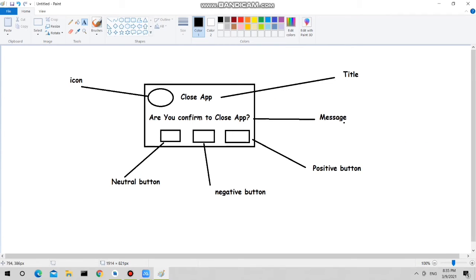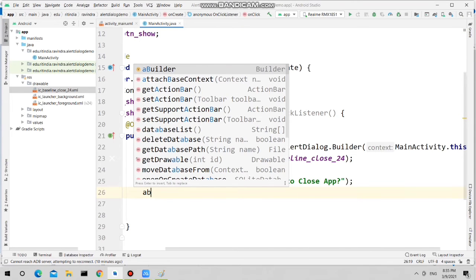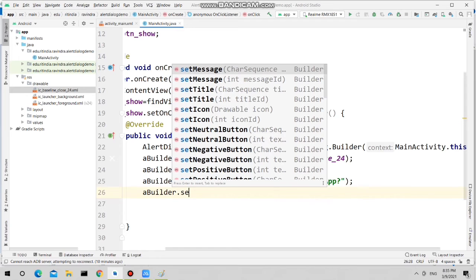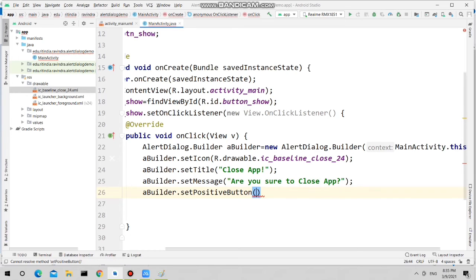Now three buttons: positive, negative and neutral. Create the positive button by using the set positive button method. Then the first argument will be the button text. So I'm giving Yes. Now as this is a button, there will be a click action the user can perform.